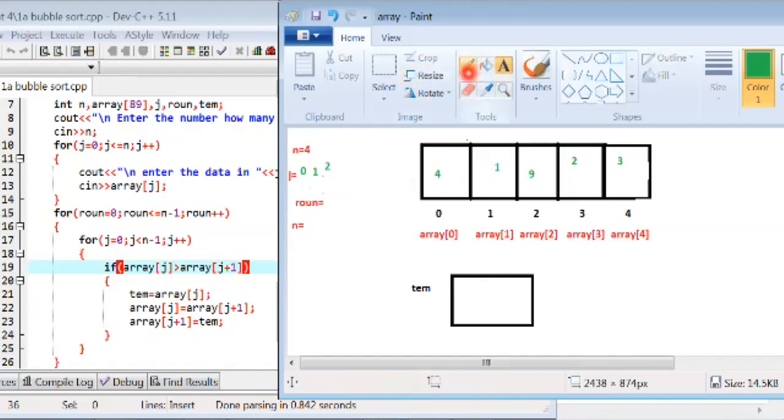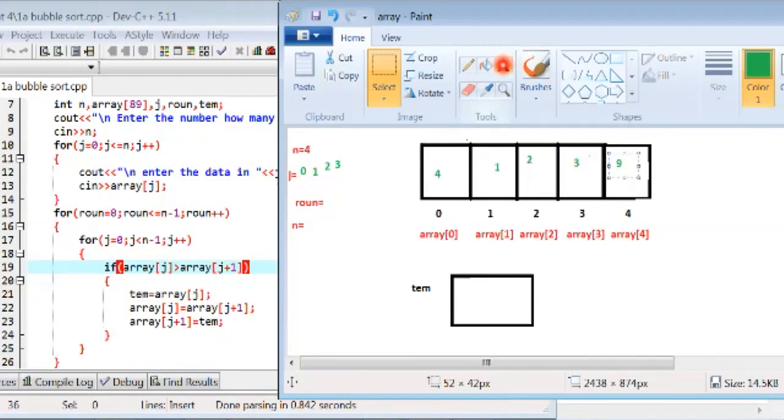Then this is a swap: 9 is inserted in temp, 2 is inserted here, and 9 is inserted here. Now the value of j is 3. The value of array j is 9 and array j plus 1 is 3. The condition is true, so execute this line. Temp equal to array j. The value of array j is inserted in temp and array j equal to array j plus 1. The value of array j plus 1 is inserted here and this value is inserted here.